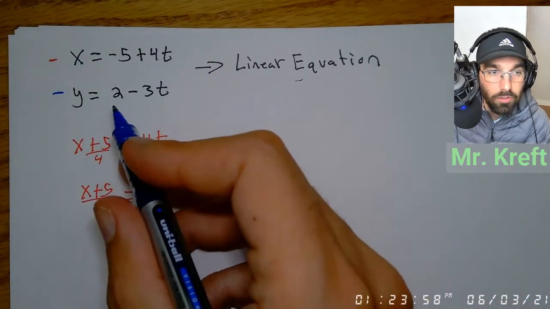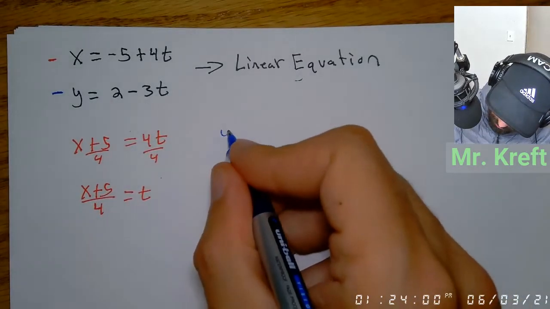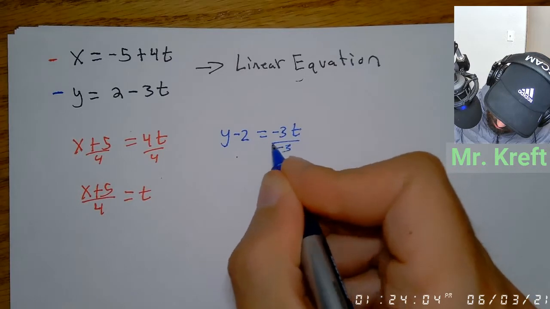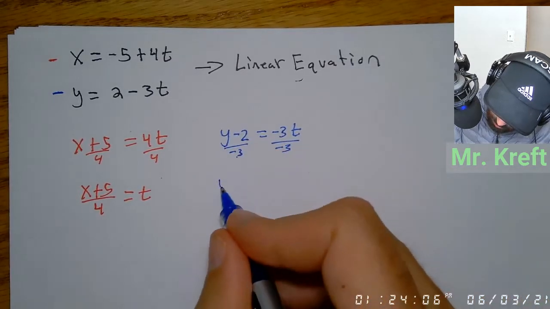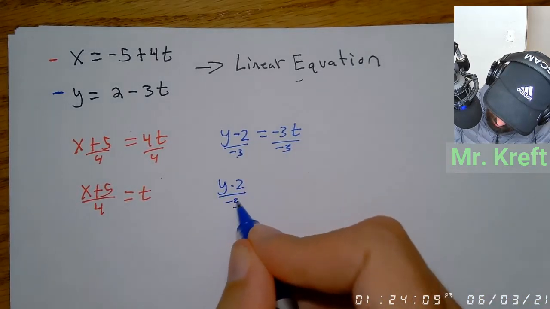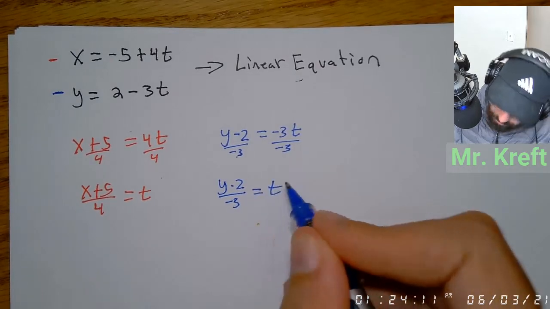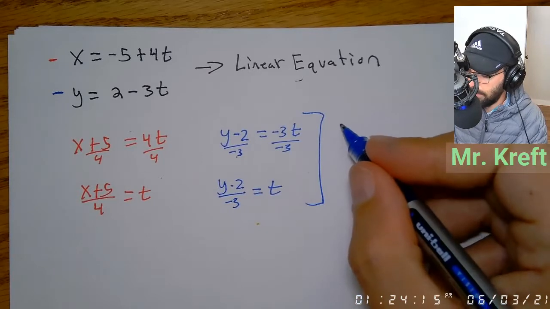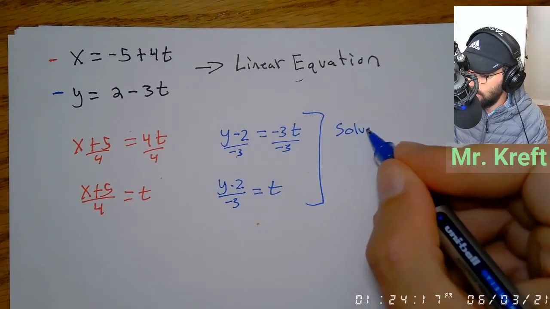And then here, I'm going to start by subtracting 2. So I get y minus 2 equals negative 3t. And then I'm going to divide by negative 3. And so I get y minus 2 divided by negative 3 equals t. Okay, so I just solved everything for t,